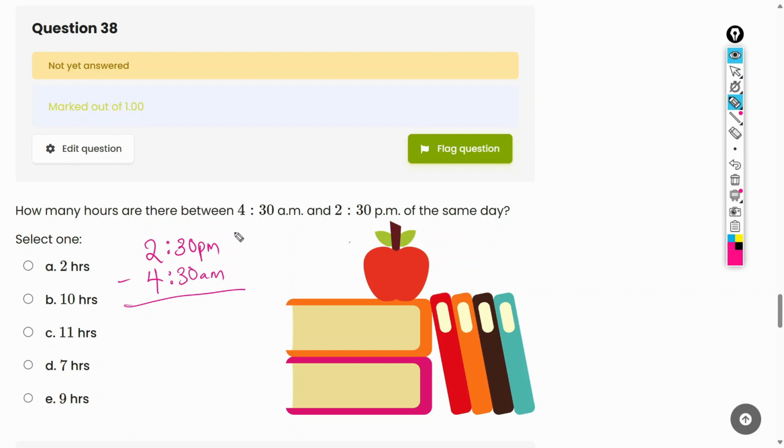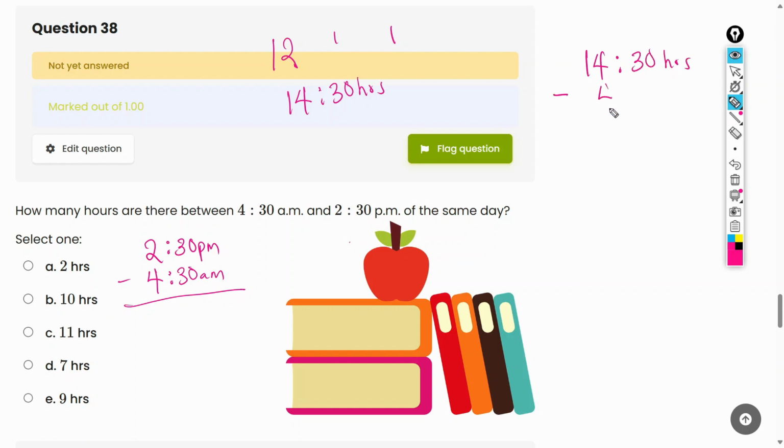It's easier to subtract because 2:30 p.m. has already crossed over 12 hours. So you know that your watch stops at 12 and then starts counting from 1 again. So 1 and 2. So it means this is 14:30 hours. So we can do 14:30 hours